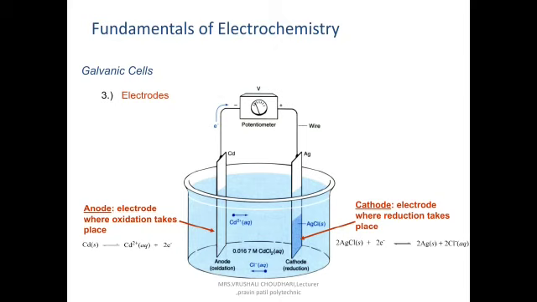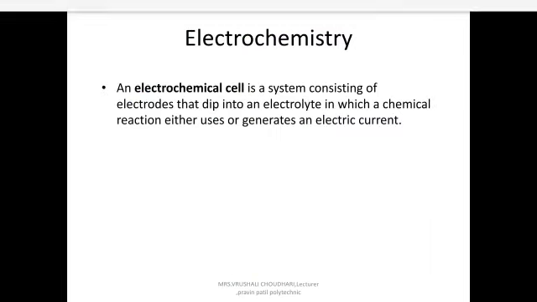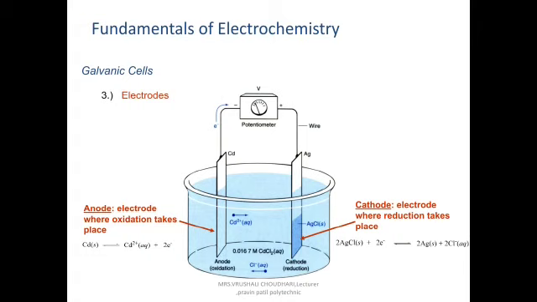Fundamentals of electrochemistry. First, we are going to learn what a galvanic cell is. What is a cell? It consists of two metals. Here in this diagram you can see an anode, where oxidation takes place, while at the cathode reduction takes place. In electrolysis we require an electrolyte, cathode, anode, and a power generator.